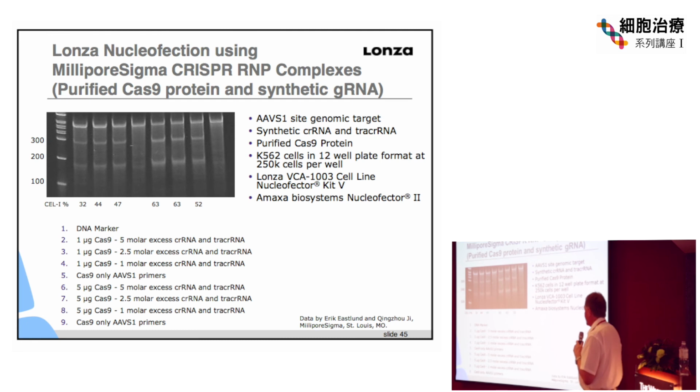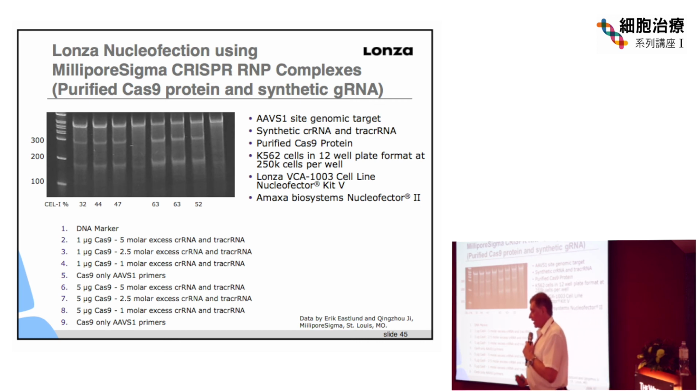They were transfecting different amounts of the Cas9 protein here, and then different molar excesses. They used 1 microgram versus 5 micrograms of Cas9, and then 5 molar excess, 2.5 molar excess versus 1 molar excess. They examined indel formation with the Cel-1 assay, and then were able to quantify this. So in this case, you can see with 1 microgram of